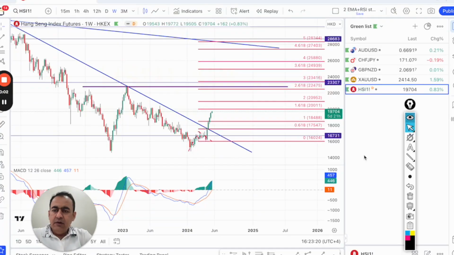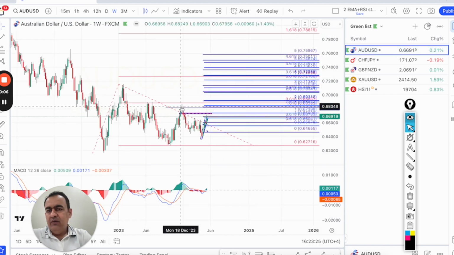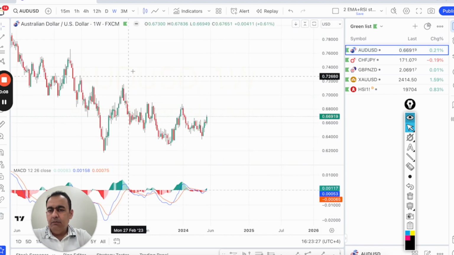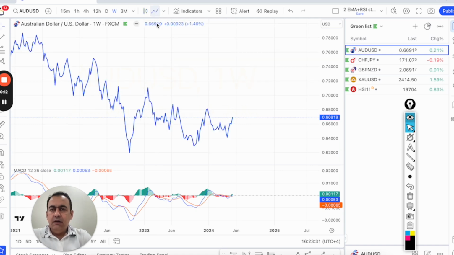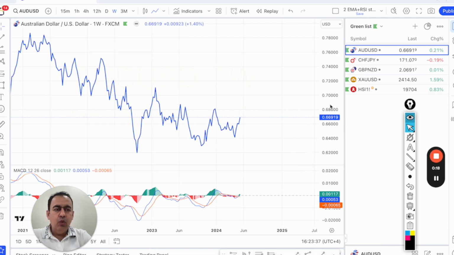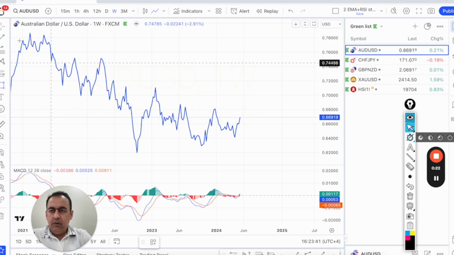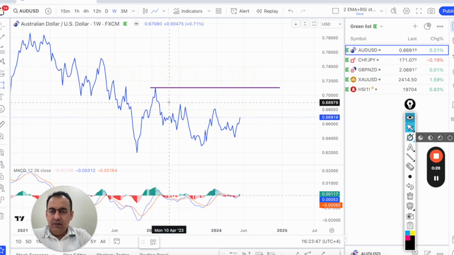So let's start the charts, and the first one is going to be Australian dollar versus US dollar. Let me clean up, and here I am on the weekly time frame. I'll turn it into a line chart, and I'm going to mark the important areas of support and resistance. So here we go. Based on this high, it's an important resistance. The next lower high is here,